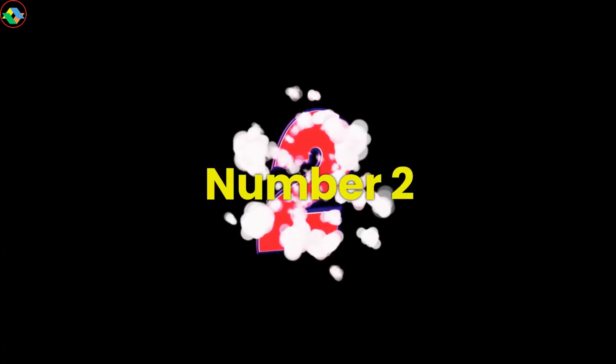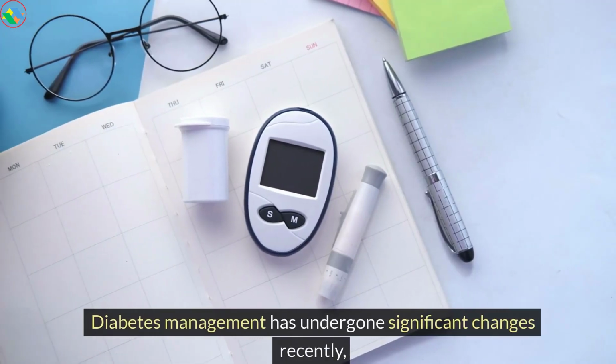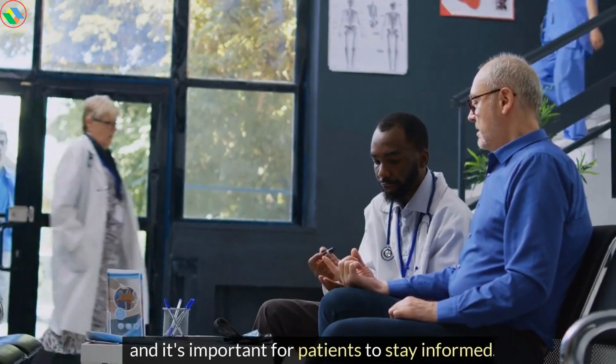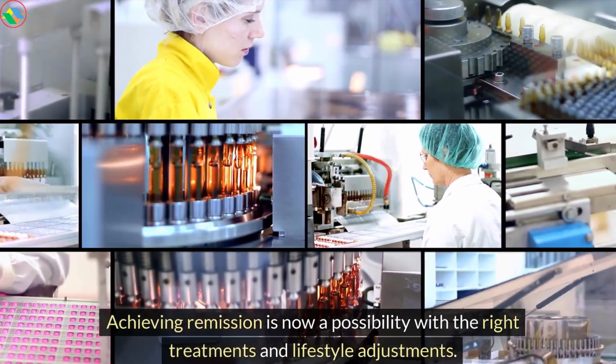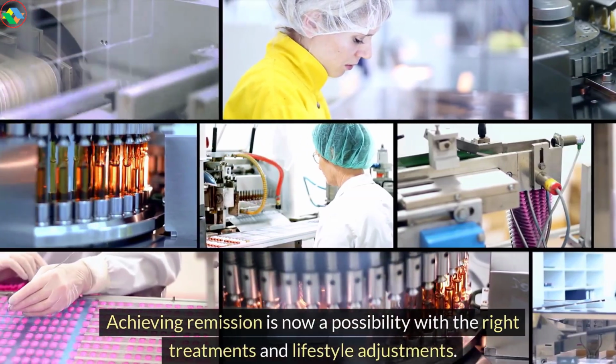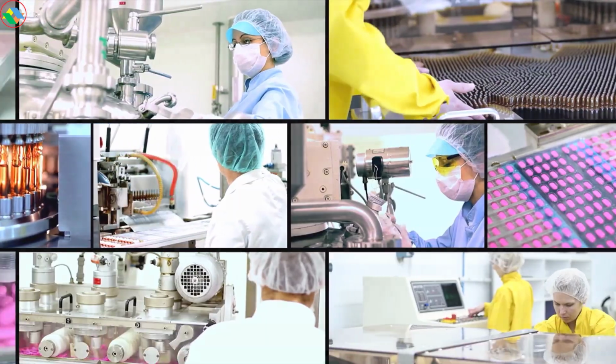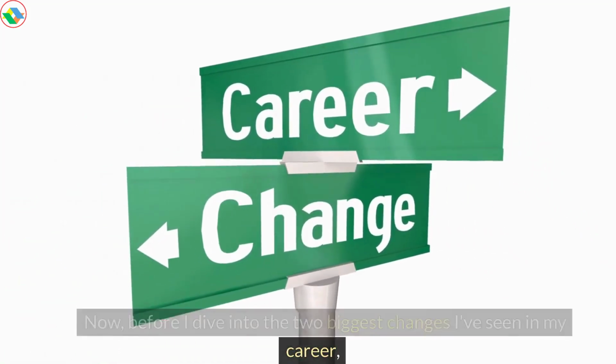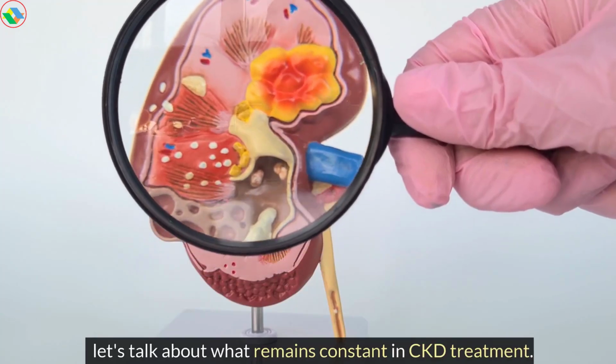Number 2. Diabetes management has undergone significant changes recently, and it's important for patients to stay informed. Achieving remission is now a possibility with the right treatments and lifestyle adjustments. Now, before I dive into the 2 biggest changes I've seen in my career, let's talk about what remains constant